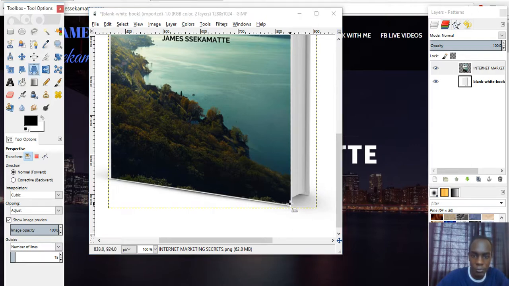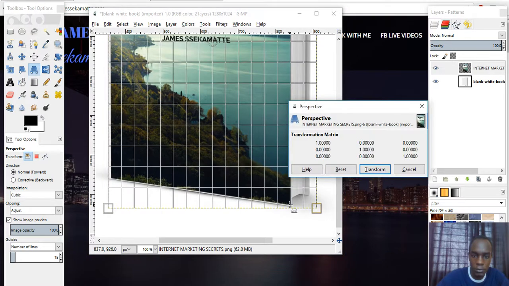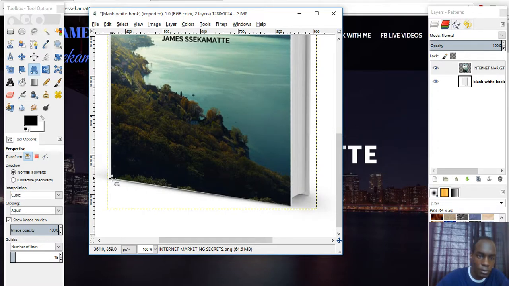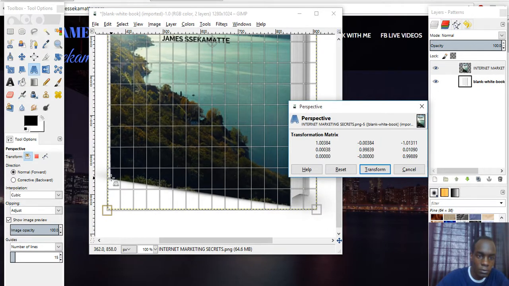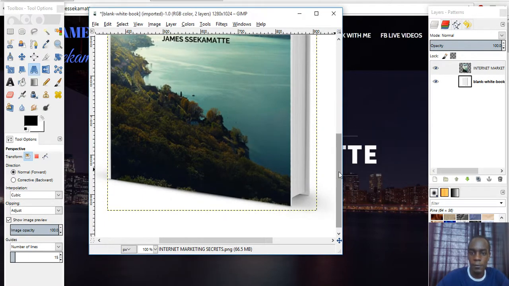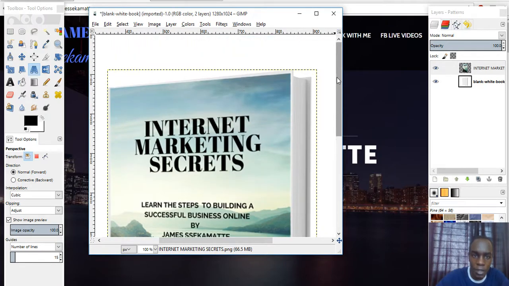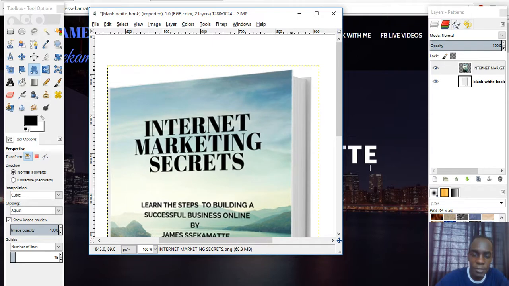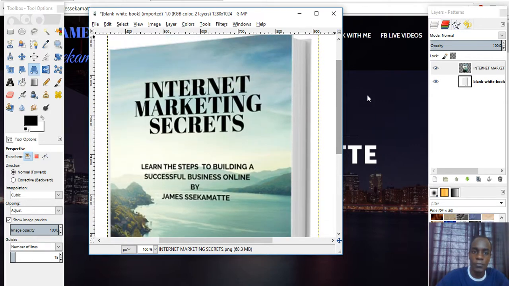You use the perspective tool always, okay? Perspective, zoom, perspective here, transform. Okay, so when you're happy with that, come up here. And also, I like a little bit of perfection, even if it's easy. At least let it be as perfect as you can get it. Okay, so when you're done,